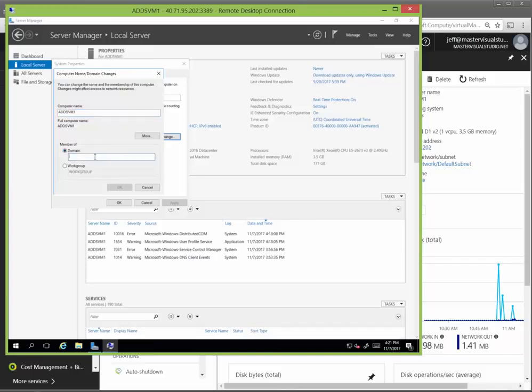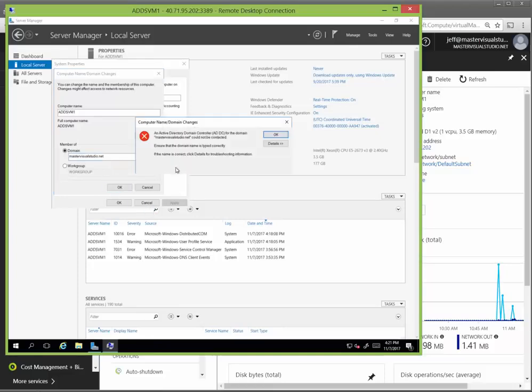So if I go to the domain, okay. Now you're obviously not going to put that in. You're going to put in the onmicrosoft.com or whatever the different domain you use when you configured your Active Directory domain services. So let's see what this says. Okay, so this tells me that